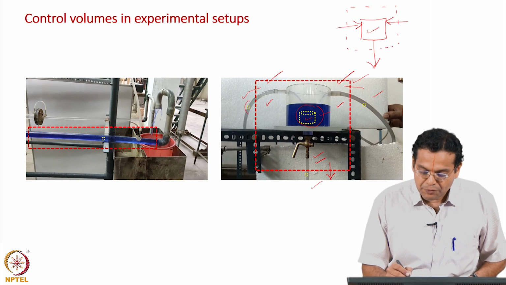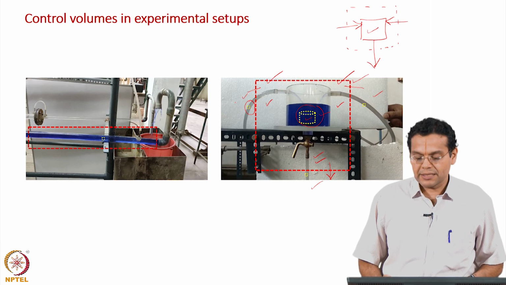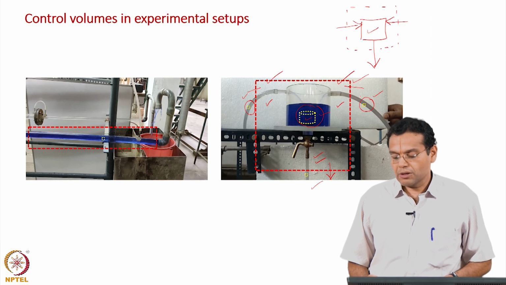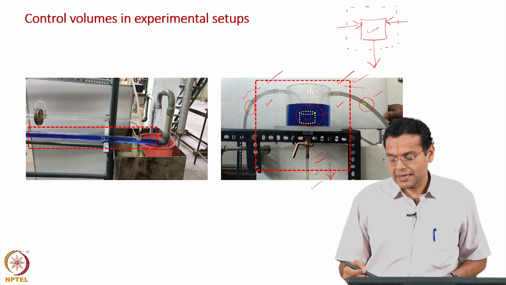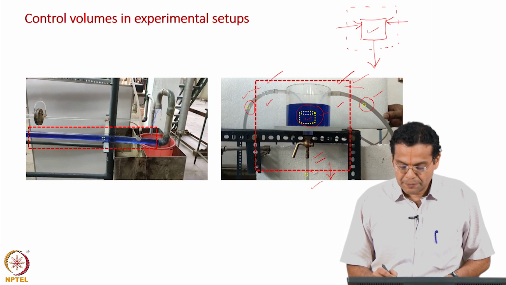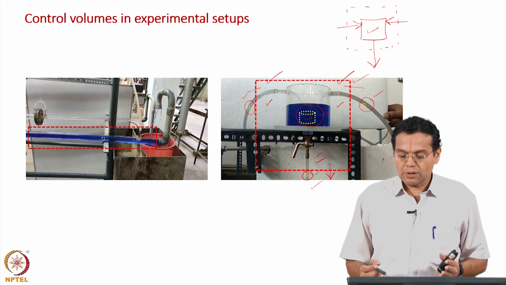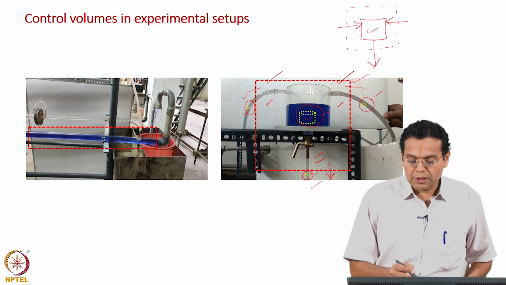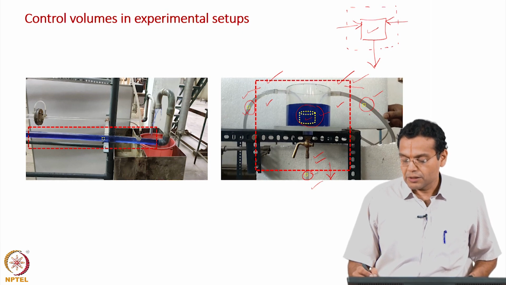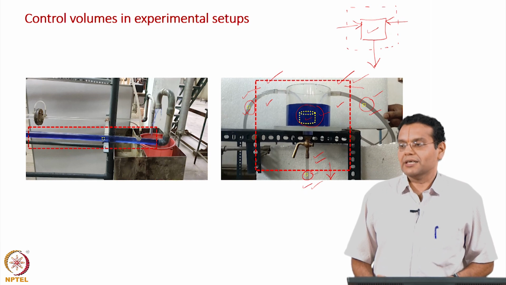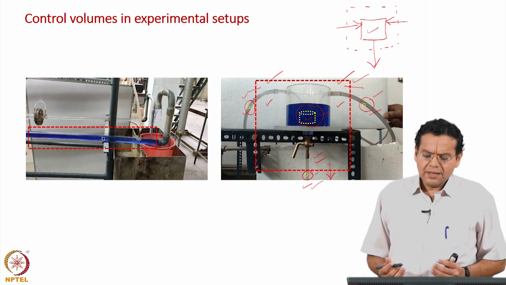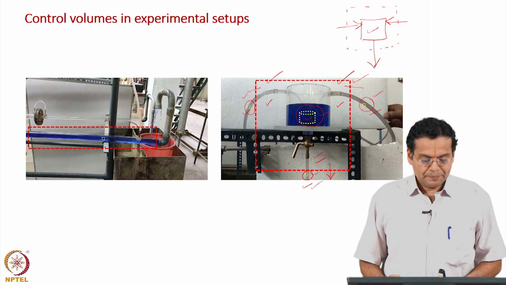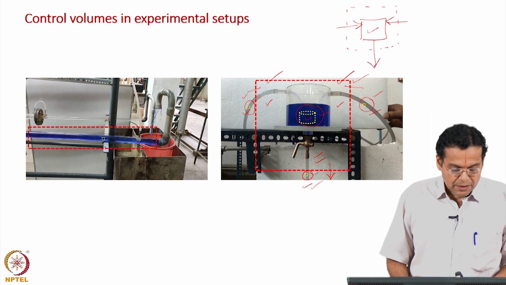I can also analyze the fluid flow in the pipe which takes water to the tank. Similarly, I have shown another control volume through which I can analyze the fluid flow in this pipe. Similarly, I have shown another control volume in the exit pipe. So, my control volume could be around the entire tank, it could be within the tank, it could be even in the tubes which lead the water to the tank or which take water out of the tank. So, the selection of control volume is based on our requirement. Sometimes based on convenience as well, mostly based on requirement.